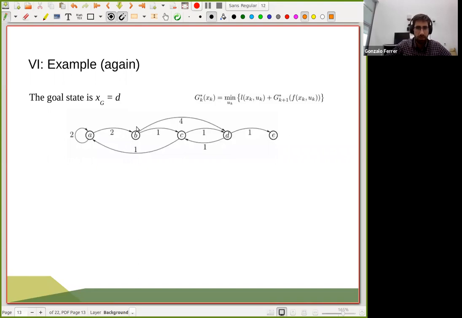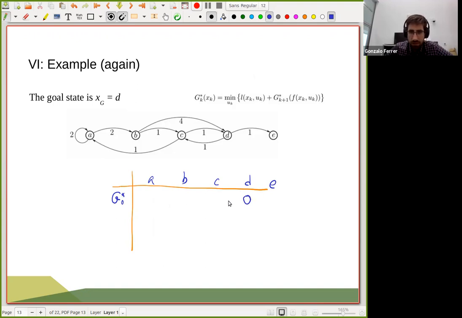So let's do the same example again, but now I'm going to go a little faster. Okay, I promise. I'm just going to call this g of 0, right? Because length now doesn't matter. A very interesting thing is that the cost at length 0 is 0, and for all the others it is infinite.